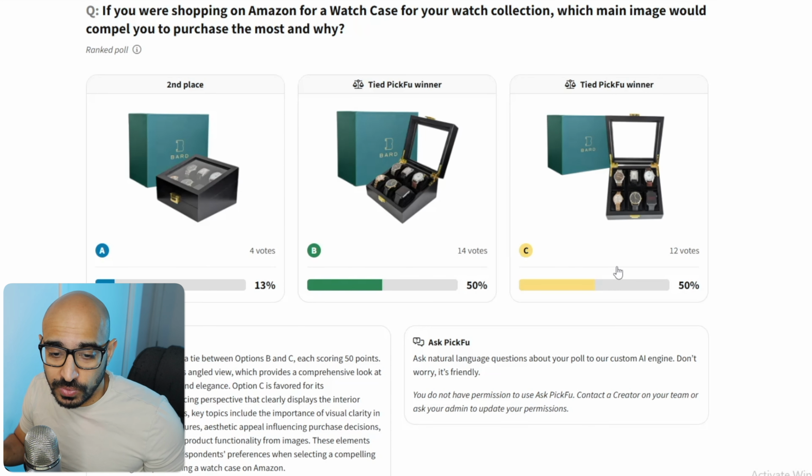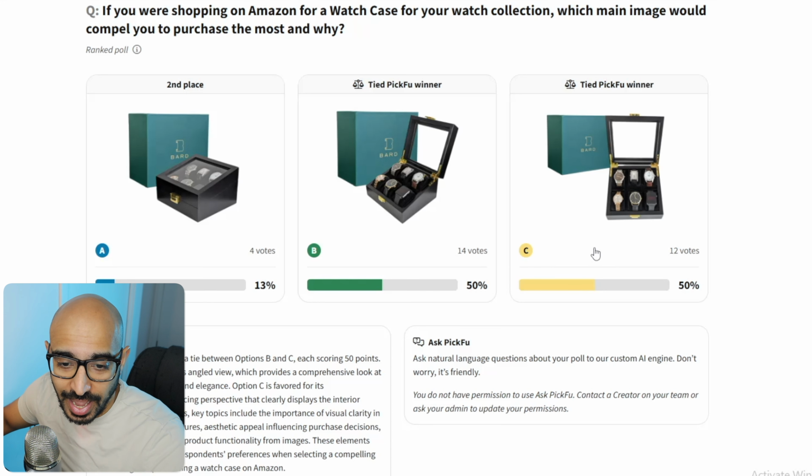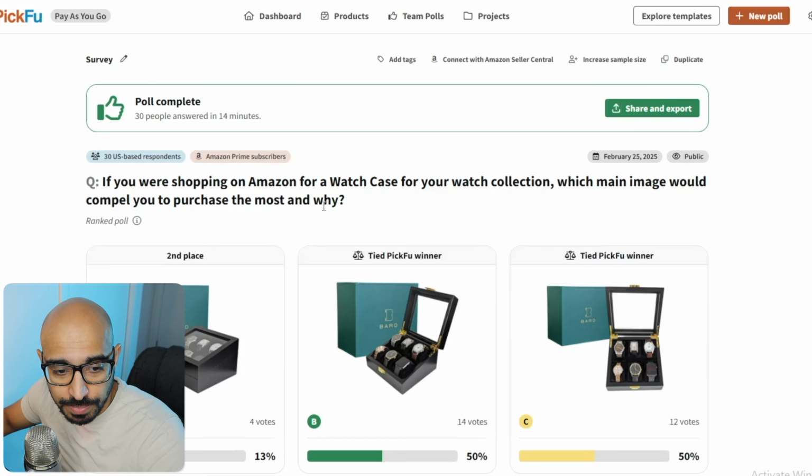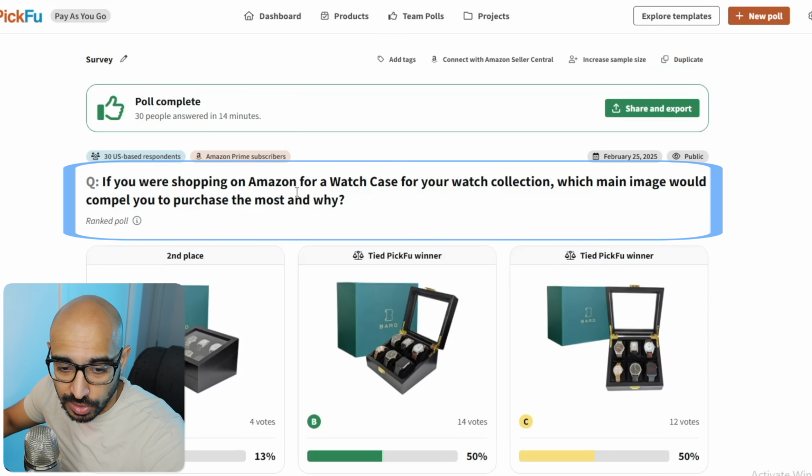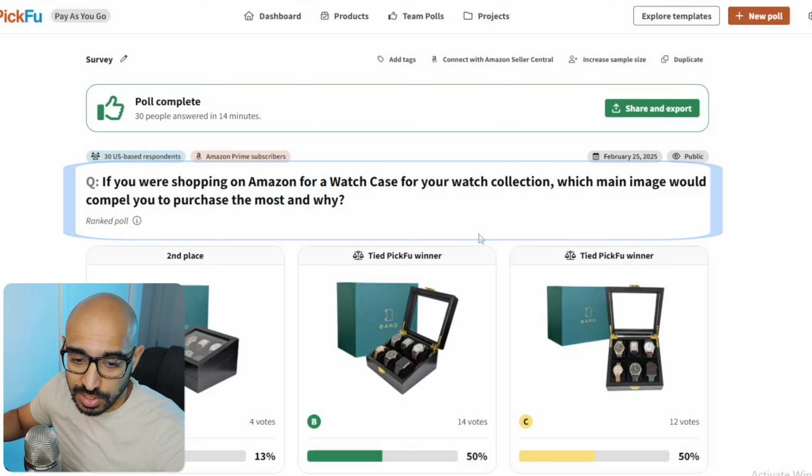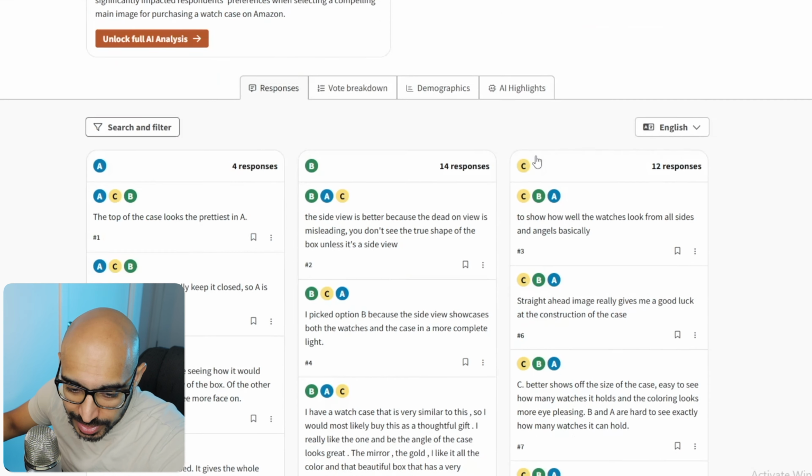But the best thing about PickFu is not only do people vote, but they can actually write their reasoning behind it, their justification. And obviously you put down a question as well. So my question was, if you were shopping on Amazon for a watch case for your watch collection, which main image would compel you to purchase the most and why, right? So it's based on the premise of purchasing. Okay, so if we scroll down to see